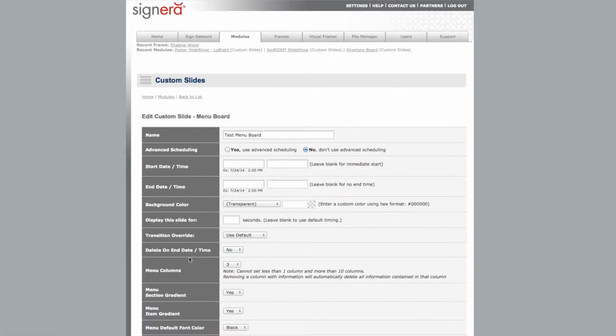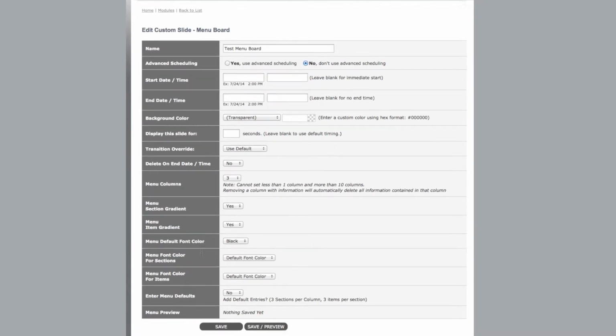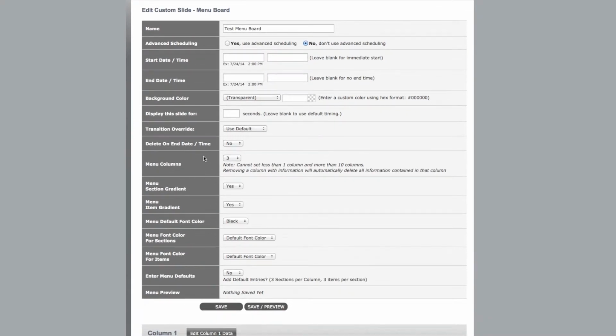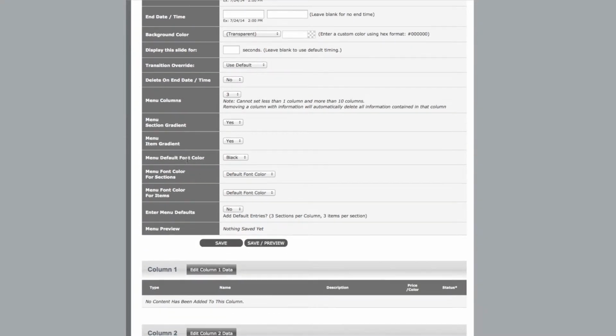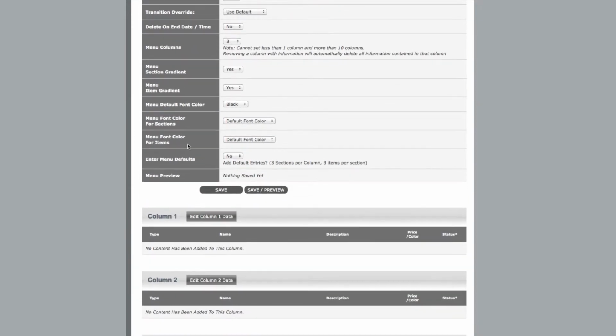And now you'll see I see all of the options for this custom slide. I have all of the normal options, so I could change the name if I wanted. I could give it a start and end time, give it a background color, and I have these new options here. I have the menu columns, I can set that to 3. I have the menu section gradient, that's set to yes. The menu item gradient, that's also set to yes. Then I have the menu default color, the menu font color for sections, the menu font color for items, and if I want to enter the menu defaults,